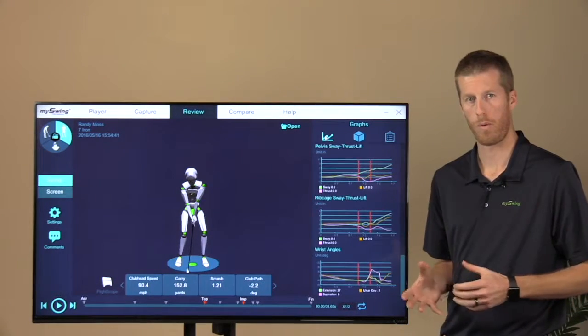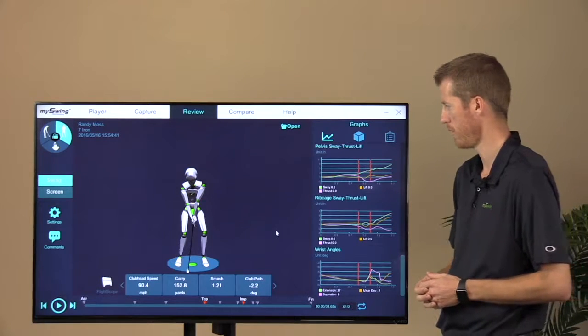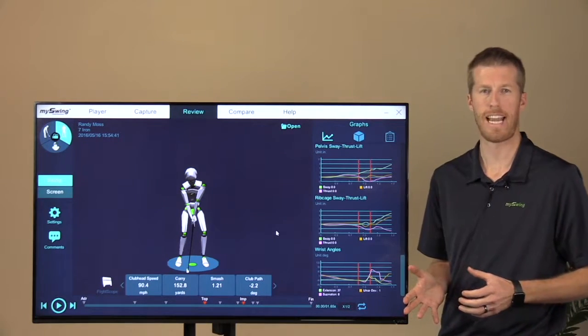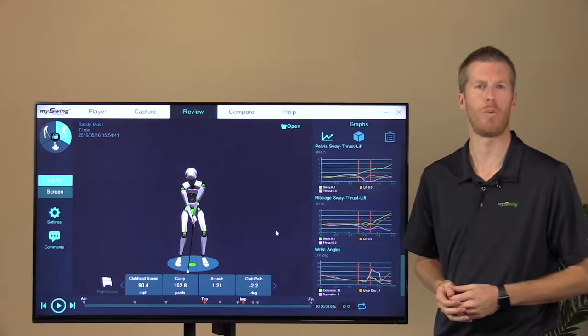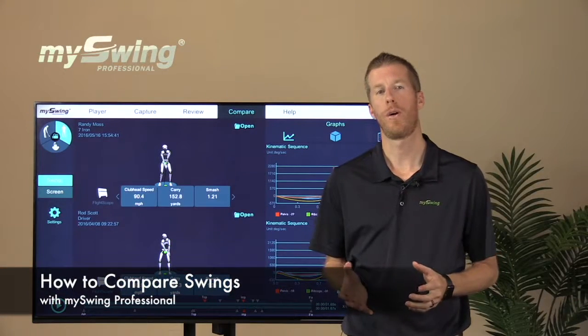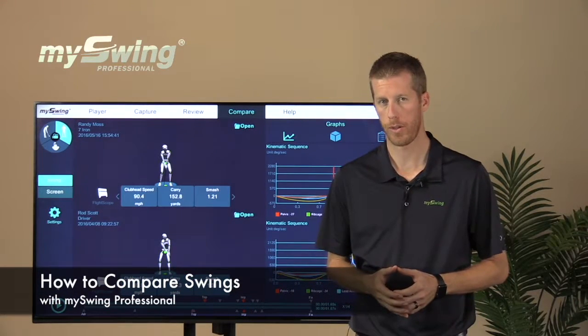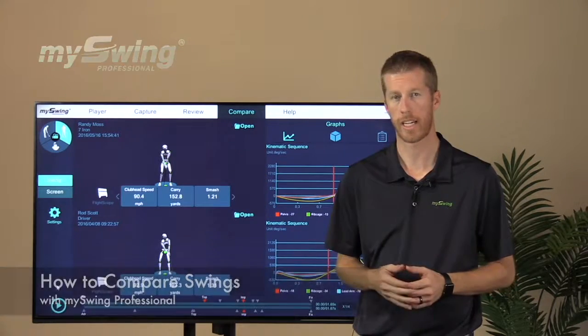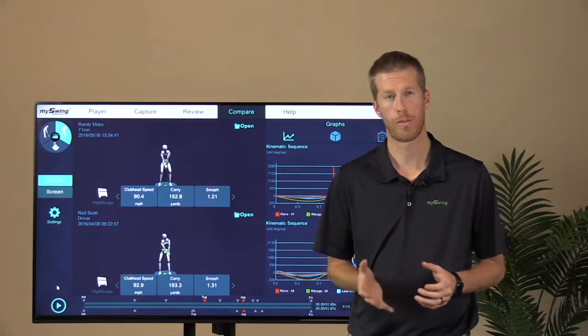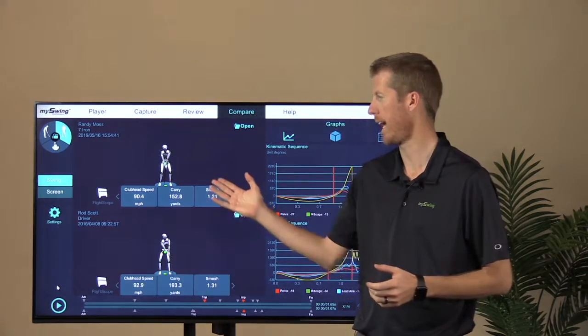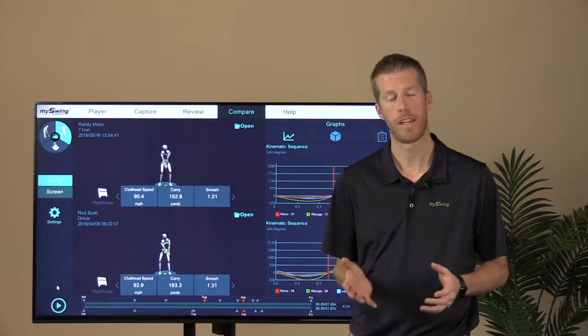We've shown you what we can measure and capture with the graphs. We can basically capture anything you want to capture and go as deep as you want to go. We know how to capture, we know how to review, now let's compare. In compare, we can look at swings from two different people, or we can look at the same person's swings